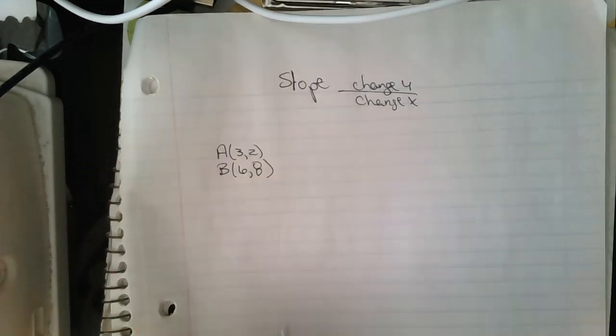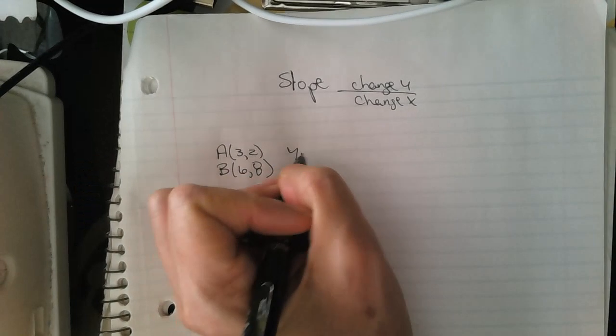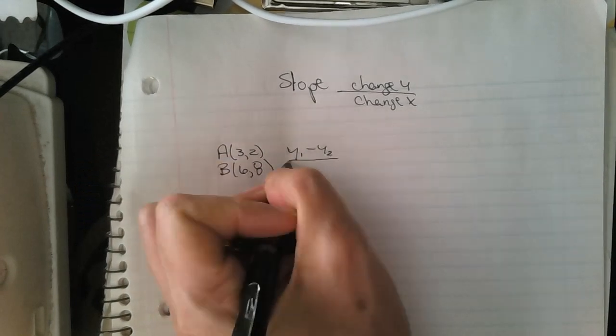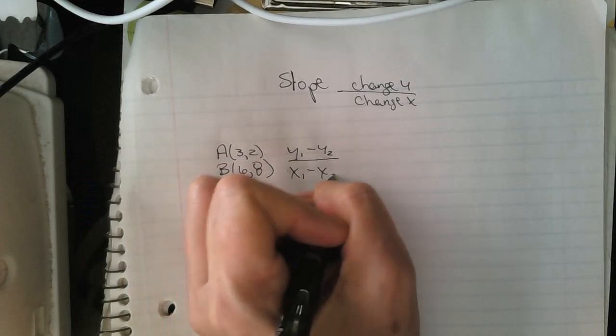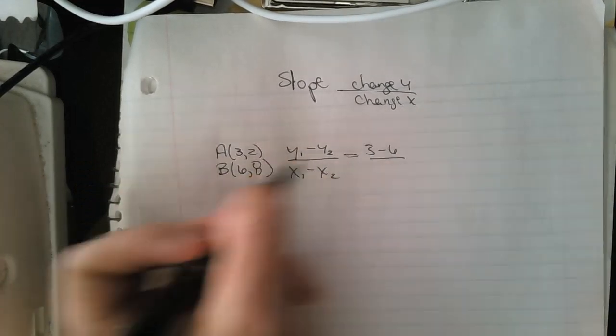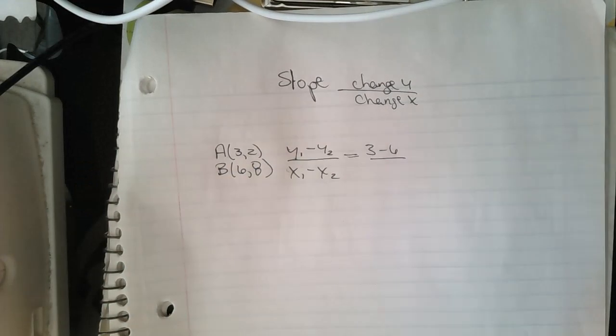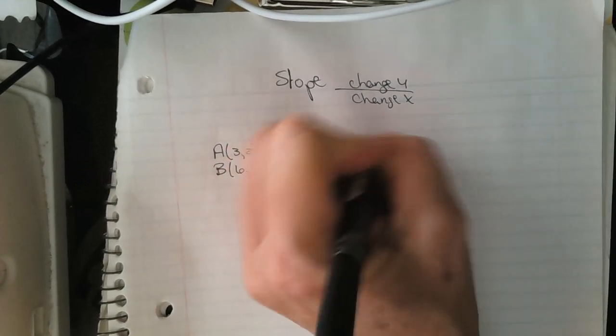So I'm just going to subtract. I'm going to take the two y's and subtract them. That's how I find the change. And the same with the x's. So that's going to be 3 minus 6. Oops, backwards. That mistake I just made, that is the most common mistake. It's the y's that go on top. 2 minus 8